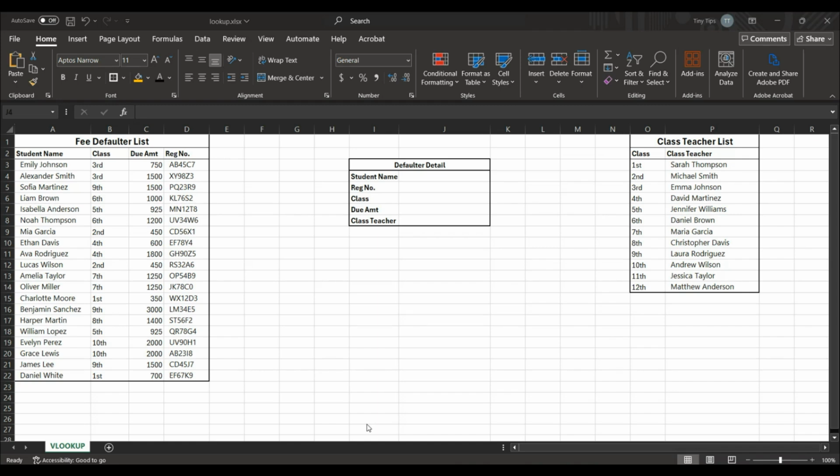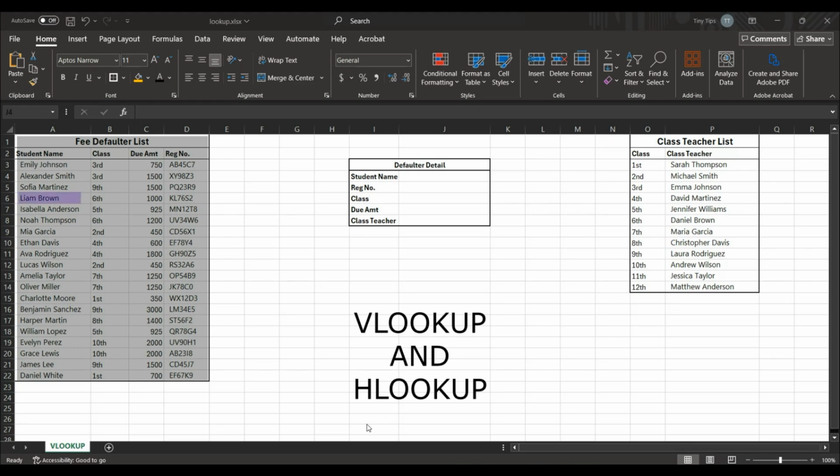In this video, we will see about lookup functions, VLOOKUP and HLOOKUP. The purpose of these functions is to look up a value in a dataset and return a corresponding value from the same row of that dataset. For example, in this dataset, we can look for a student name and get back any of these values from